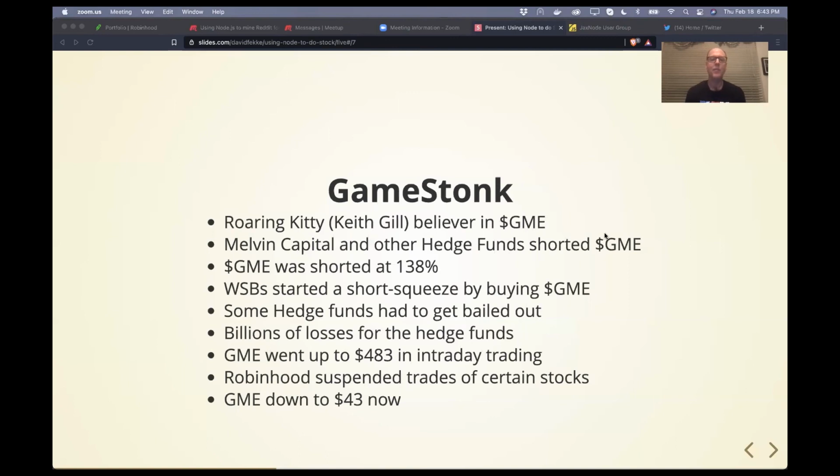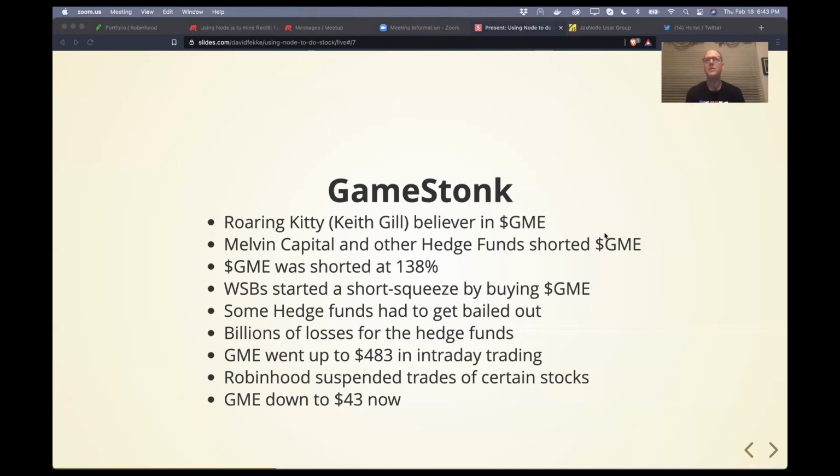And then what happened was Robinhood, which is one of the places where people were buying a lot of the shares, the CEO got a call at 3 o'clock in the morning from the DTCC, which is the group that basically sets the capital requirements. And they said, you guys need to deposit $3.5 billion tomorrow. Otherwise, we're shutting you down. And it was like, huh, what? And so they had to negotiate with them.